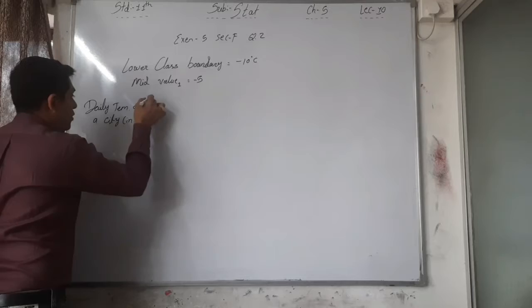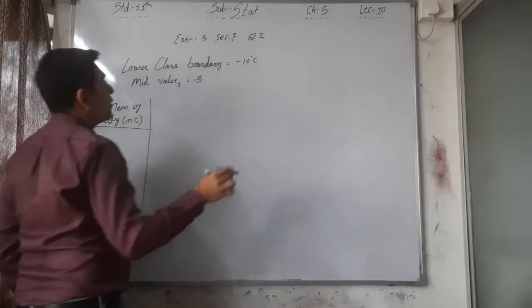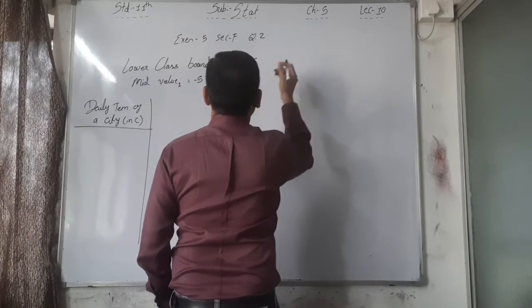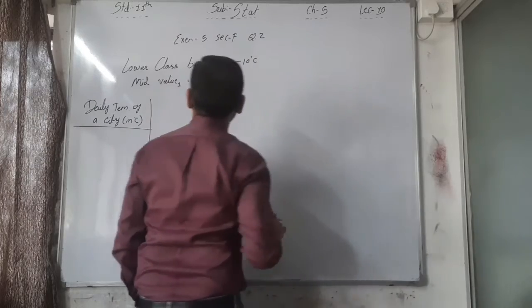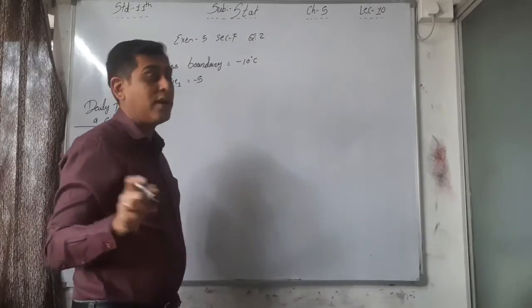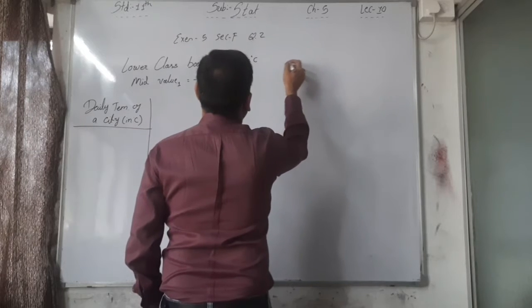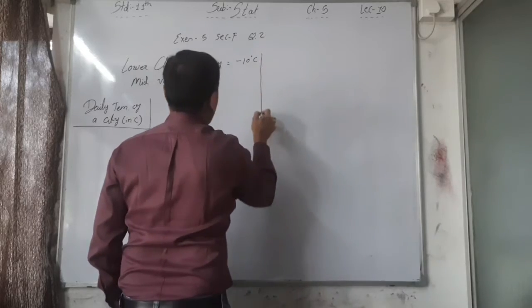Here we have to write down the original class. But for that, the lower class boundary is given. Here we have to find out the upper class boundary, and before that we have to find out the class interval. And for that, see here,